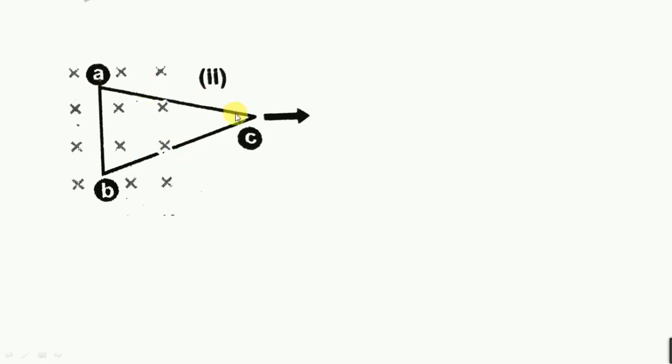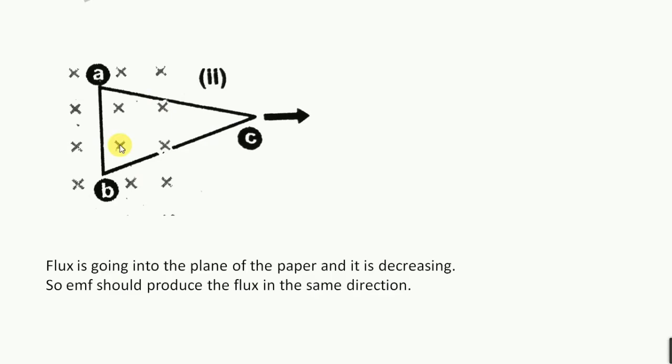So now in this case, this triangular loop is going away from this magnetic field. That means the magnetic flux is decreasing. So according to Lenz's law, it should oppose the decrease. That means it should produce the magnetic field in the direction of this magnetic field. Right now the magnetic field is going into the plane of the screen, so the magnetic field due to current in this loop should be towards the screen. So I'll use the right hand. The curling of the finger is going into the screen, that means the current should flow in clockwise direction. So the direction of current is starting from ACB.